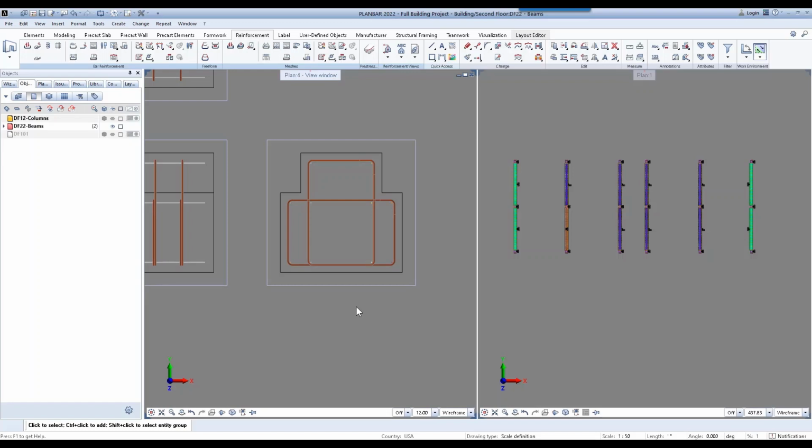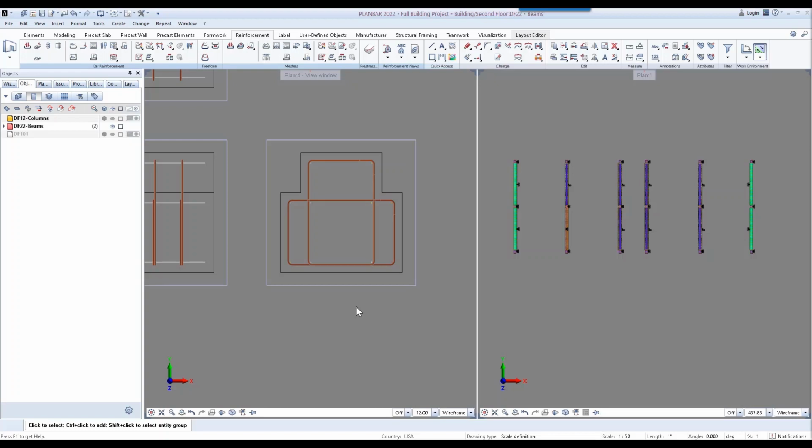So even though we have all these great tools built in for automating your reinforcement and placing it, and we could also draw in any freeform reinforcement, sometimes it's just faster and easier to use the good old regular modeling tools or CAD operations to get our precast elements fully reinforced.